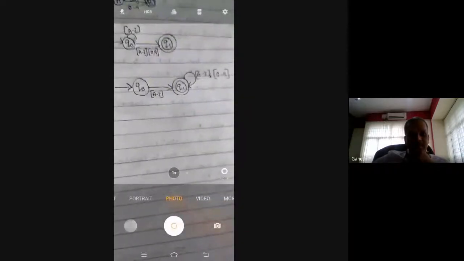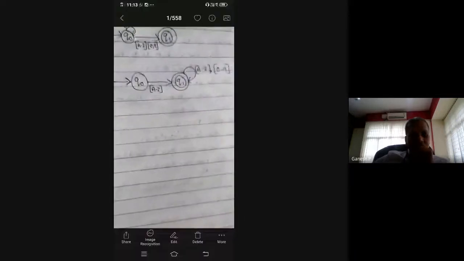So Q0 is the initial state. Upon receiving some input, that is A to Z, again you have written capitals. This should be very, very clear. Sorry, I'm just telling you, nothing to worry. But you should think that you are giving something to the compiler. The compiler takes whatever you give as it is. If you give wrong input, you are putting yourself into a wrong design. So be careful, you should not have any ambiguity. Small means small. You can't even write big by mistake. So correct it. No problem.